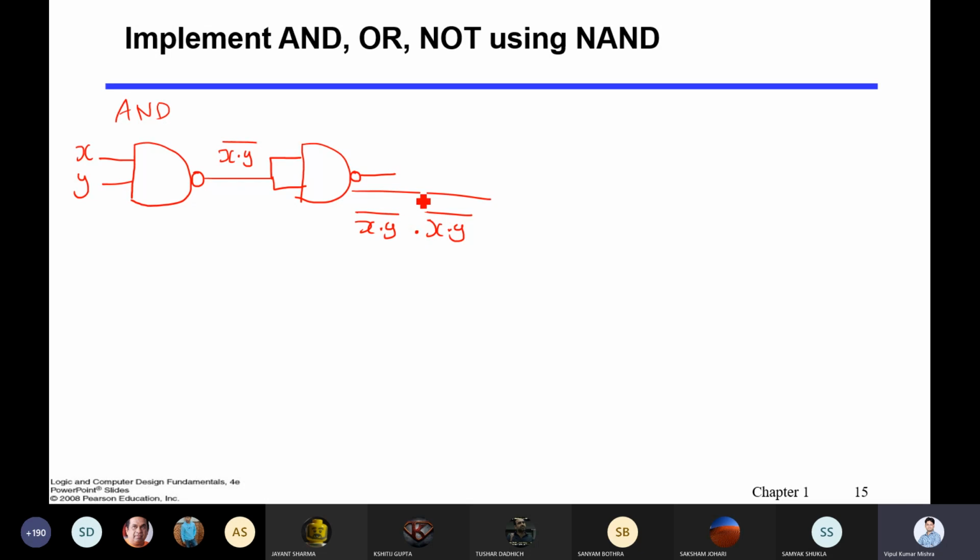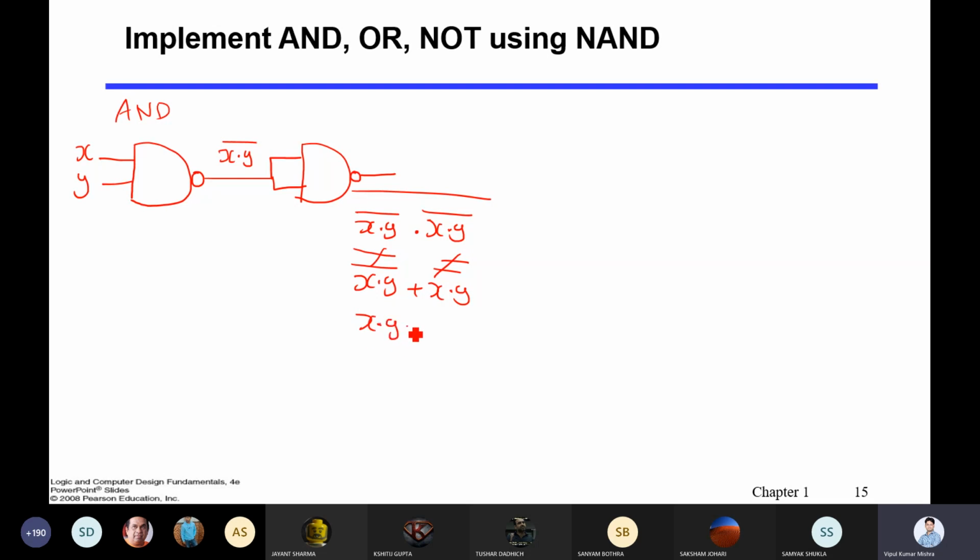Now once you break this bar, what will you get? You will get X dot Y bar with another bar on top of it, plus X dot Y bar with another bar. So both bars will be cancelled out.